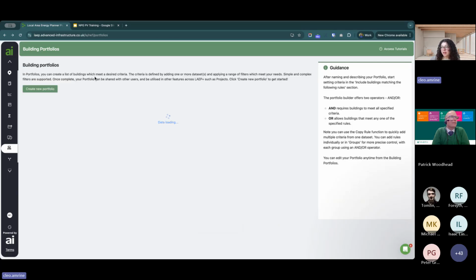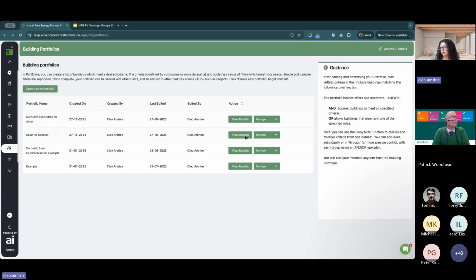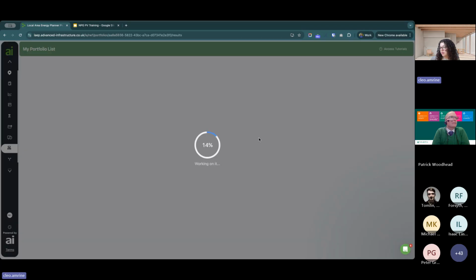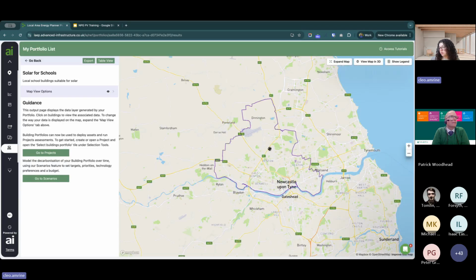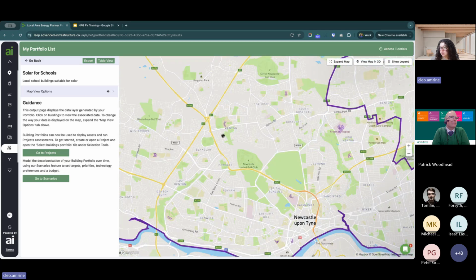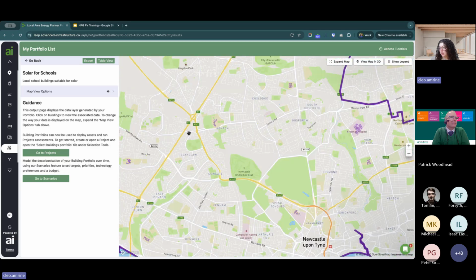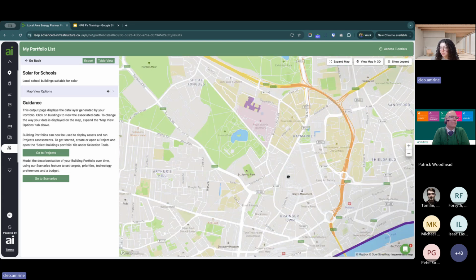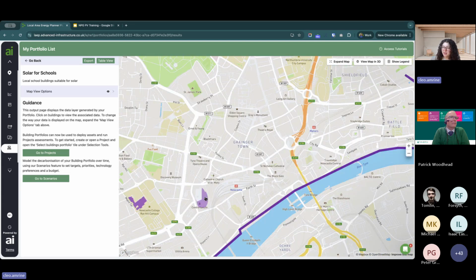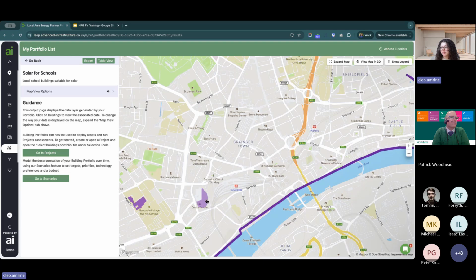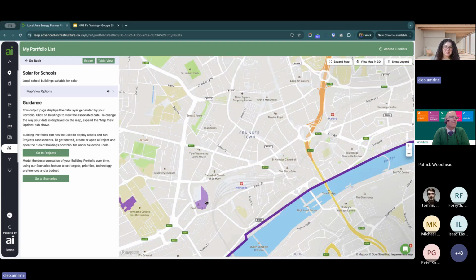So now if we go back and check out the Solar for Schools results, it'll highlight all of the schools within the area that meet that criteria that I've set. So you can see this school here, this school over here. Down here, it looks like the Center for Life was also considered education, and I know from living here that that's actually more of a museum,